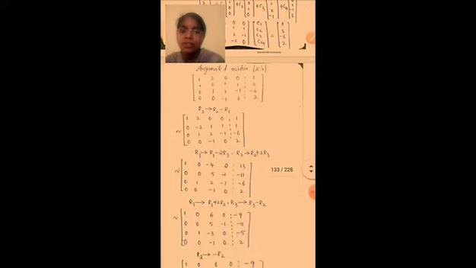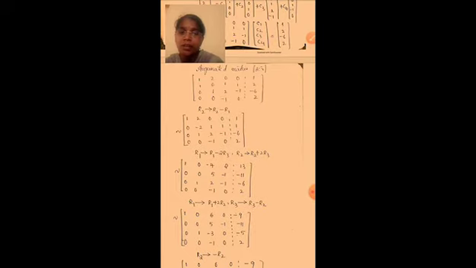So for the augmented matrix, after this we have to apply row operations. So R2 minus R1. So first row is 1 2 0 0 1, and second row 1 0 1 1 2. We have to apply this R2 minus R1. So 1 minus 1 is 0, 0 minus 2 is -2, 1 minus 0 is 1, 1 minus 0 is 1, and next 2 minus 1 is 1. So remaining rows R3 and R4 are the same. So R3 is 0 1 2 -1 -6, and fourth row is 0 0 -1 0 2.